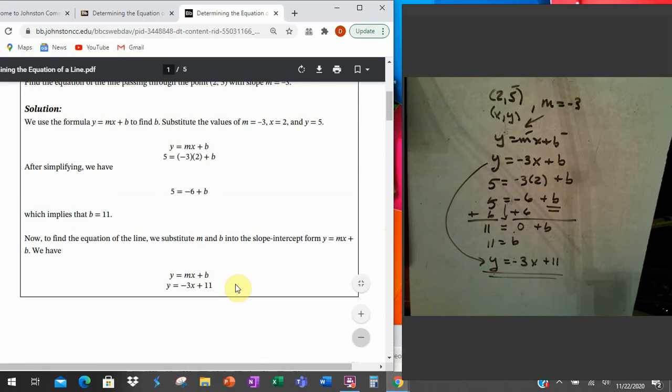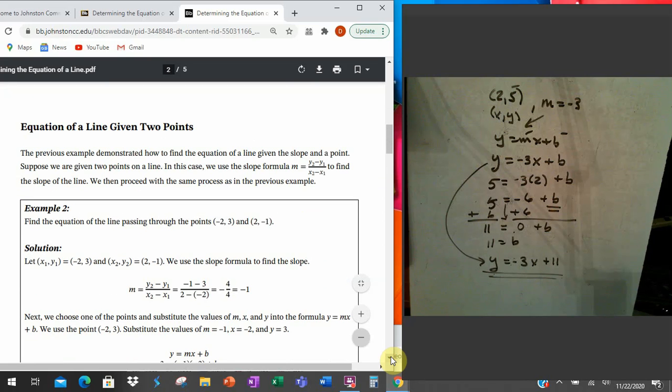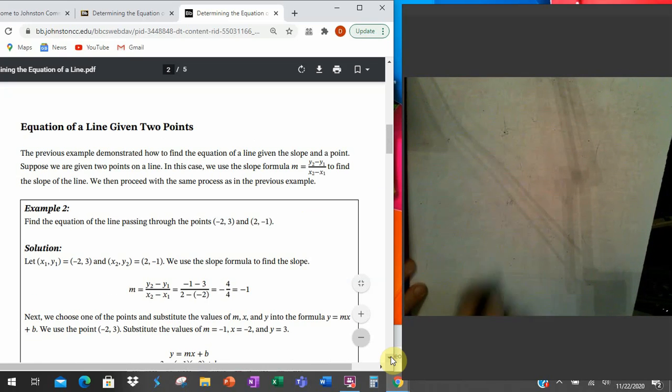And here's the answer to that, as we just found. Okay. So what about if we're given 2 points? This is a different version, so that's one version. If I'm given 2 points, all I need to do is find the slope first and then do exactly what